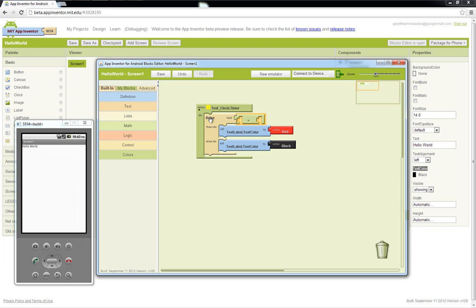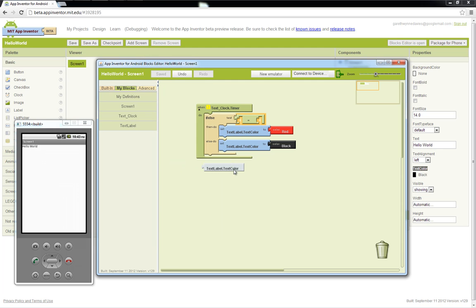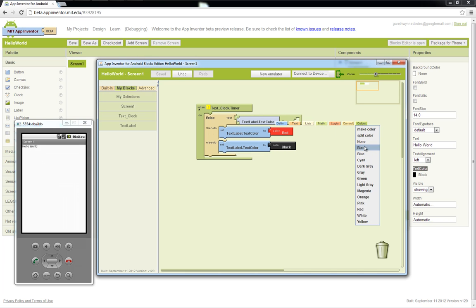So if our text color, in my blocks, our text label, if you have a look there, the text label dot text color, you can drop that in there. So if our text label text color is black, so if I pull in the color and drop it in there,